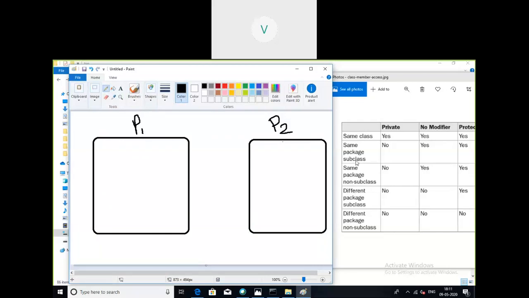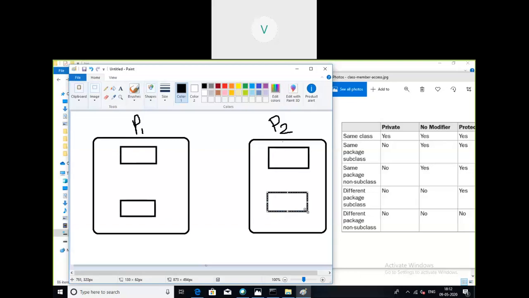So same package subclass. Assume here we have a class. All four possibilities I am drawing, it will help to understand.